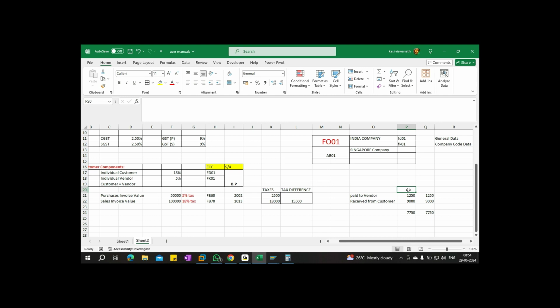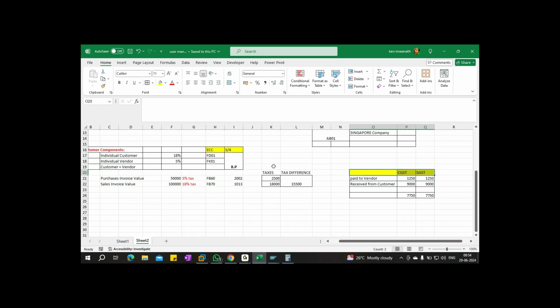This is a CGST and this is an SGST. We can post the entry by reclassing those two vendors and the customers, and 7750 will move to either the payables or the receivables. Tax payable to government.